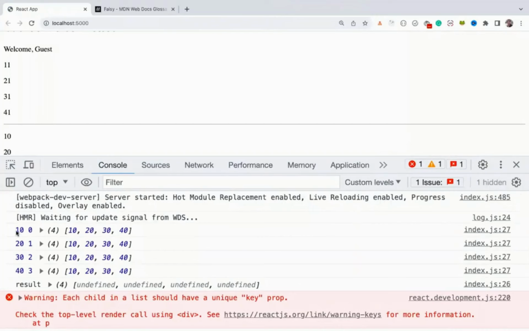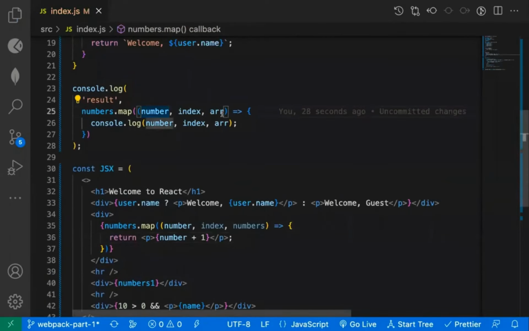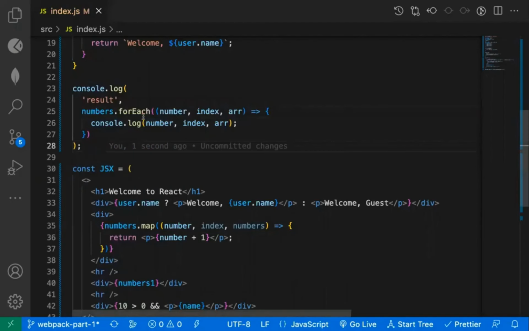you can see you get 10, so the element, then the index. So 10 is the element, and this is the entire original array. First is the actual element, second is the actual index, the zeroth index, then the array. Then the second element 20, then the index is 1, and the array. So for the map method and forEach method, all of these get these particular parameters. So forEach also has the same parameters. If I use forEach here, you can see you get the exact same result, but forEach does not